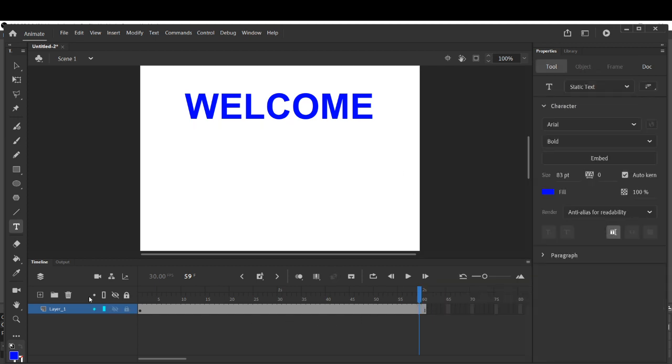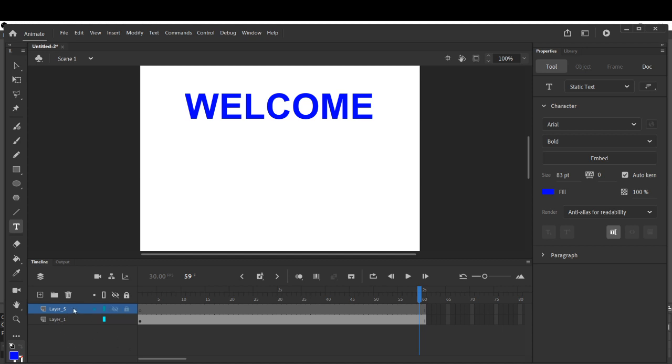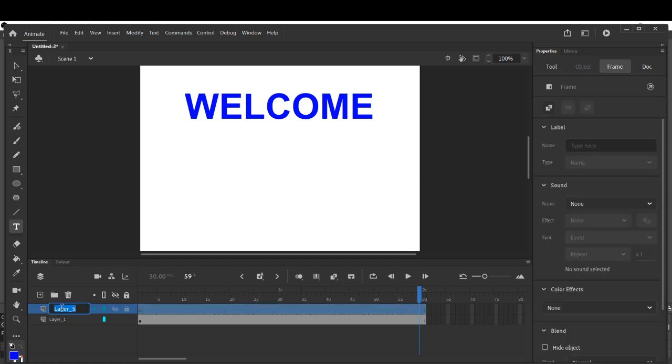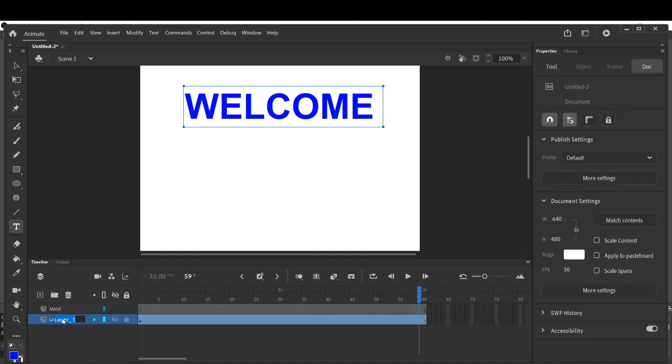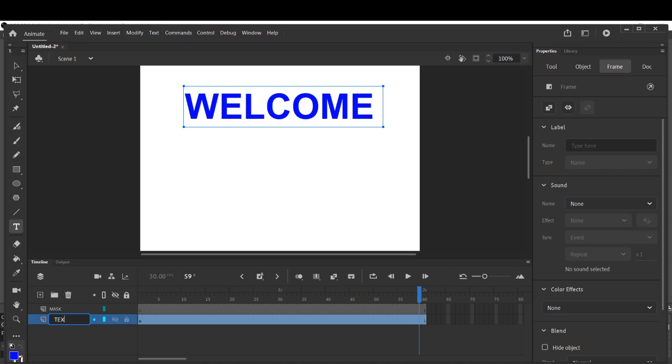Now after that, click on the plus sign to insert a new layer. I have inserted a new layer, and you can rename it by double clicking on it. You can rename it mask, and layer 1 will be your text. In this way.